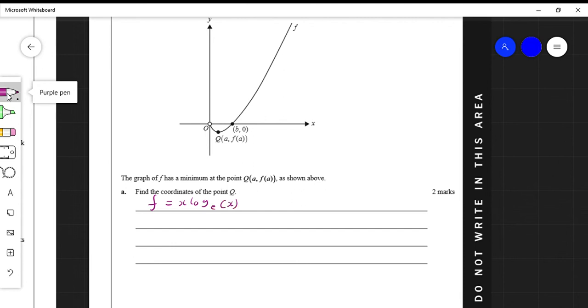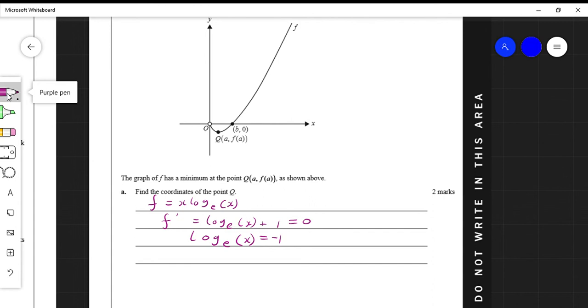natural log of x, take the derivative. Hopefully you're familiar with taking derivatives using the product rule. Equal it to 0 to get the minimum. Sorry, I'm running a bit ahead of how I'm talking. And then we take the log of x, bring the 1 over the other side. Therefore,